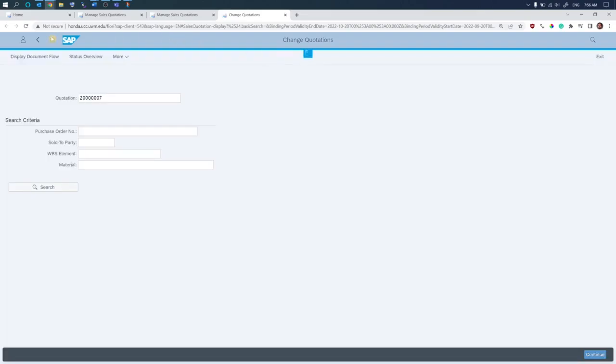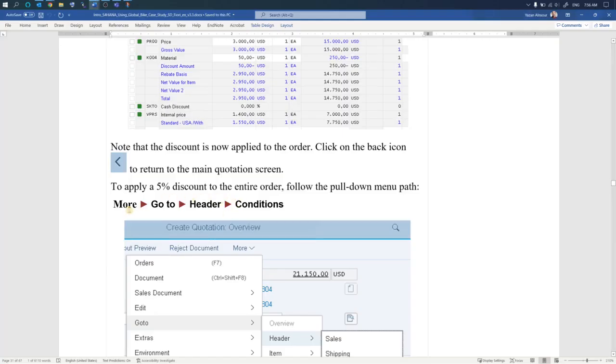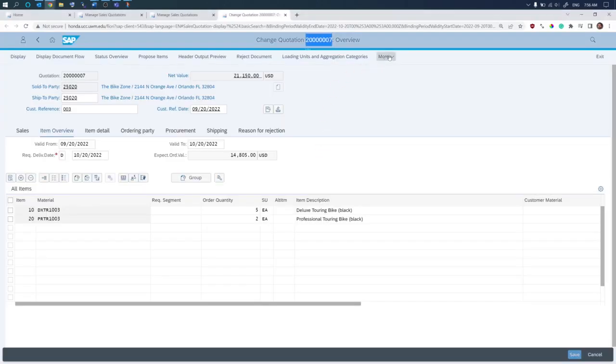All right, let's go back. My bad, guys. So continue. All right, we're back here. Change quotation, right? This is quotation number. Again, if you have the number, you can always go back to it. Easy peasy. All right. So we need to go to more, go to header conditions, more,